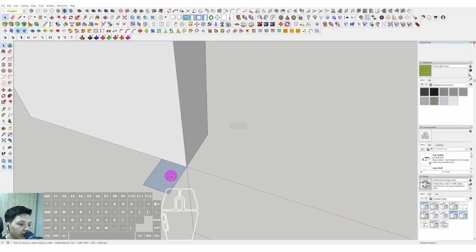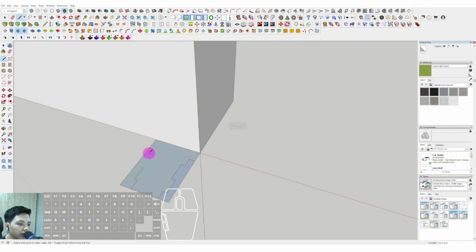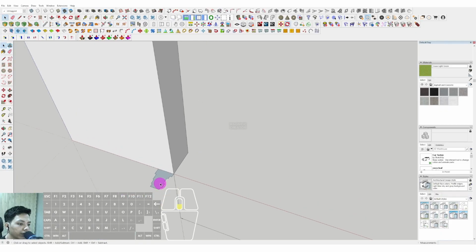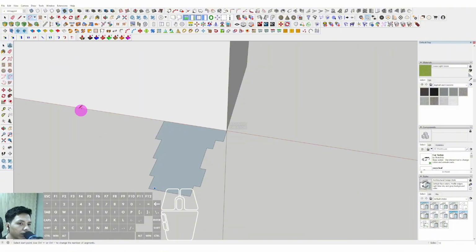Okay, so we can make another variation in here. Okay, we can make the variation of the profile just like this, and okay, now we can make the variation of the profile just like this. Now we can erase some unnecessary lines in here. So we just make the profile, and